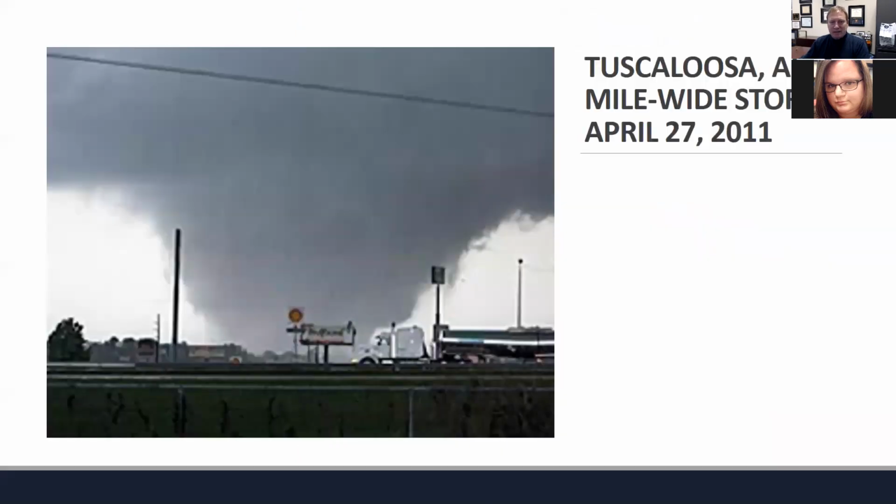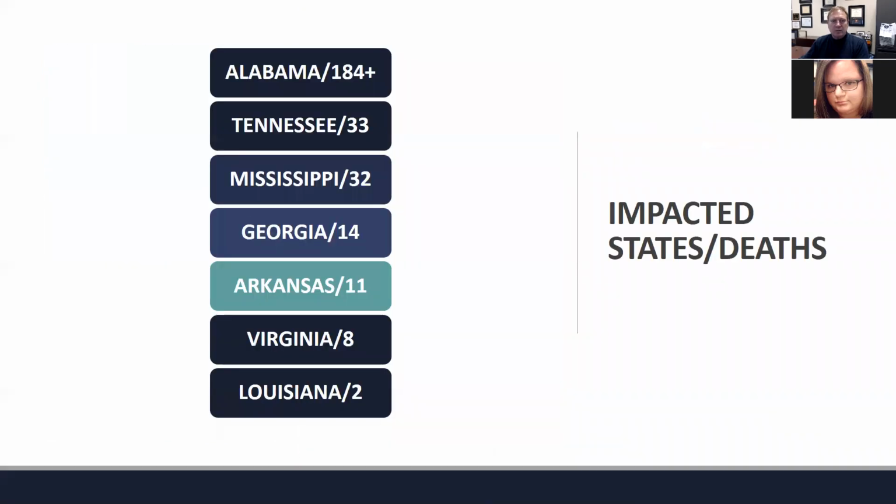This kind of gives you an idea of the size of, so this is Alabama. Let me go back. I've got Arkansas, I've got Alabama. Okay, so actually the next set of slides comes from some of our experiences in Alabama and some of our lessons learned. And again, in terms of taking lessons learned and translating them into what can you do to keep yourself safe and to keep your family and your business in a position of where it's easier to recover from the disaster. That's the aim of it.